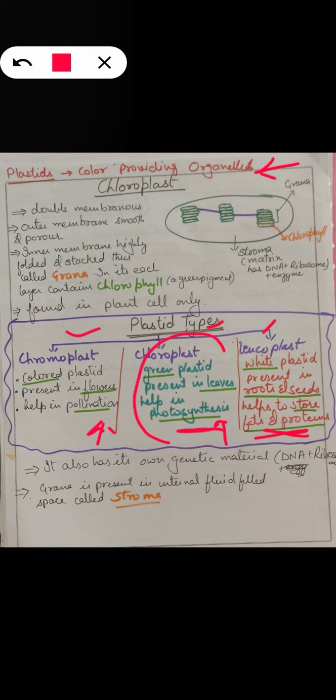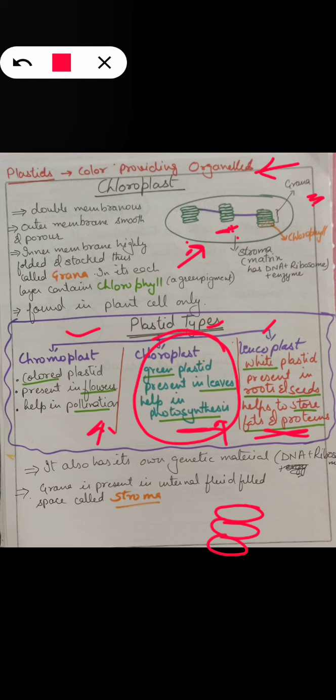Here we are generally concerned with the chloroplast. So what is the role of the chloroplast? How does a chloroplast look? Chloroplast, again, is double membranous. Two membranes are there. The outer one, you can see, is a smooth membrane. But the inner membrane is highly folded, like this. It is folded like a pile of coins upon each other. One such pile is called a grana. And these grana are located in an area called the stroma.